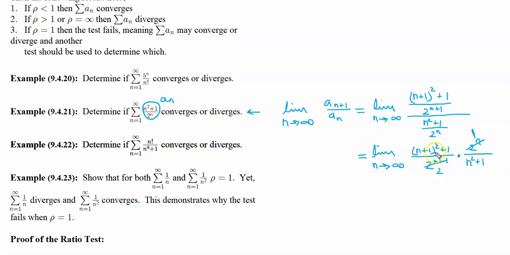And then we're going to have these two polynomials, and so let's write this as, and there we go. Now, this is a second degree polynomial divided by another second degree polynomial, right? Now, the leading term in this polynomial is going to be n squared, right? If we were to FOIL this out, we would get n squared plus 2n plus 1. In fact, let's just write that out down here. So we're going to get